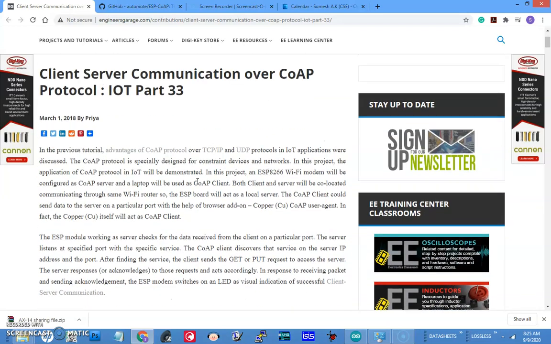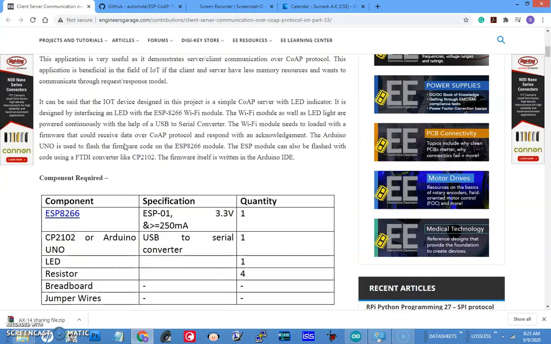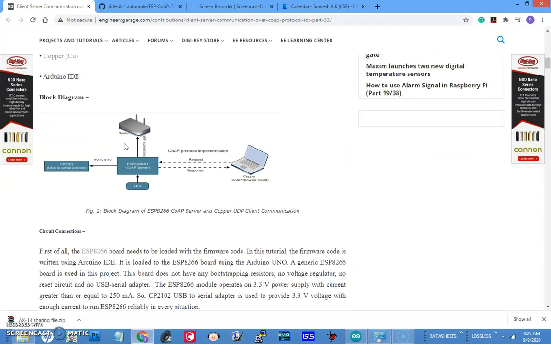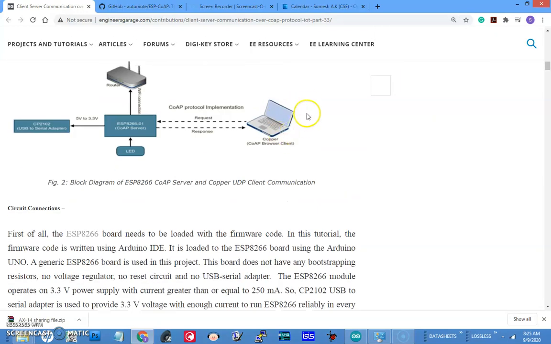We will take a very simple example of COAP communication, client-server communication using COAP. This is done in a very simple way. We will use our Mozilla web browser with the Copper COAP add-on installed as a COAP client.